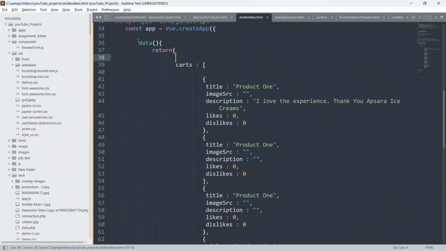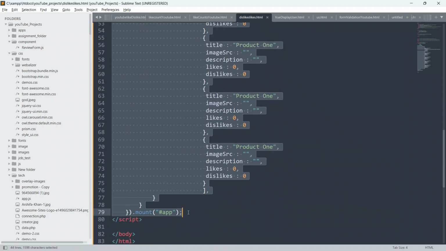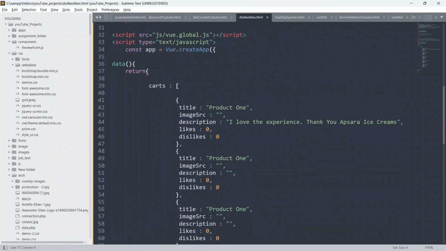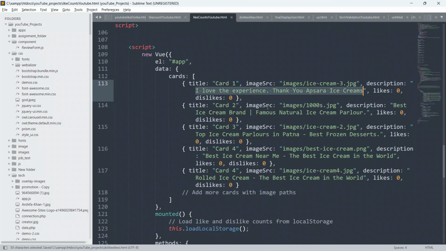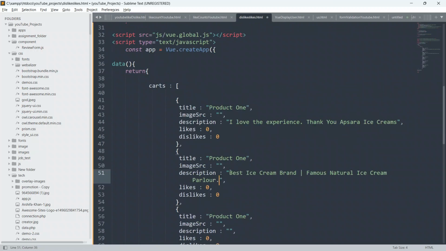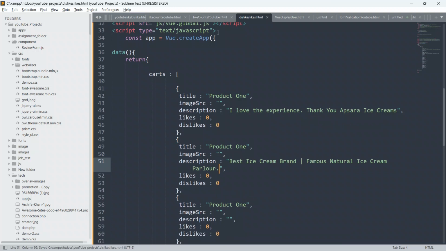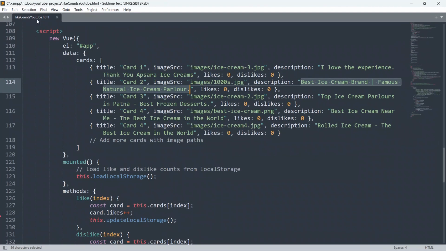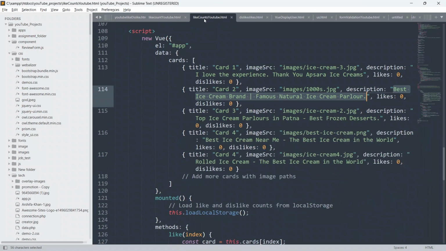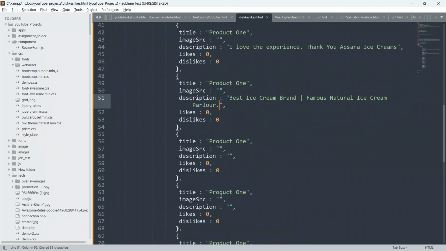So let me just put some space also, okay. So now it is in the same line. Just go again to the example and copy the descriptions from here only and paste it here, and paste it here also, and go again and copy this third one's descriptions from here only and paste it in the third one.